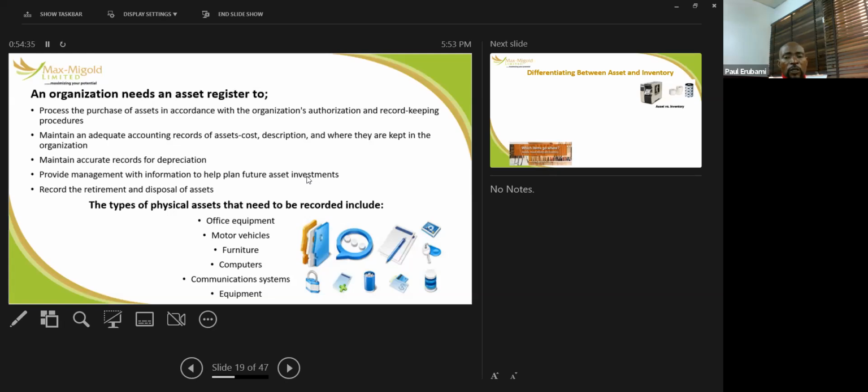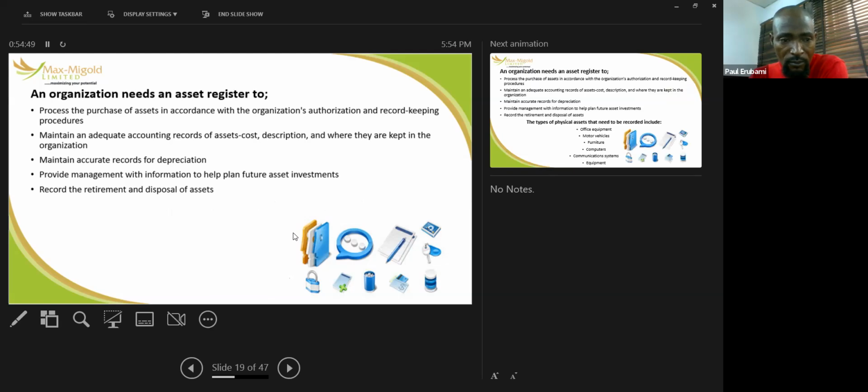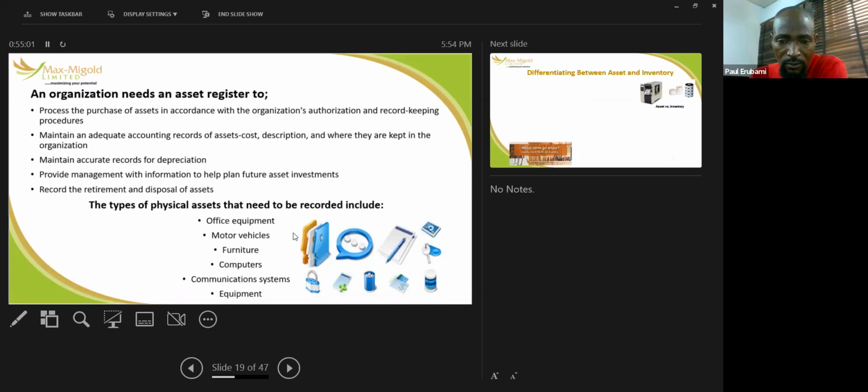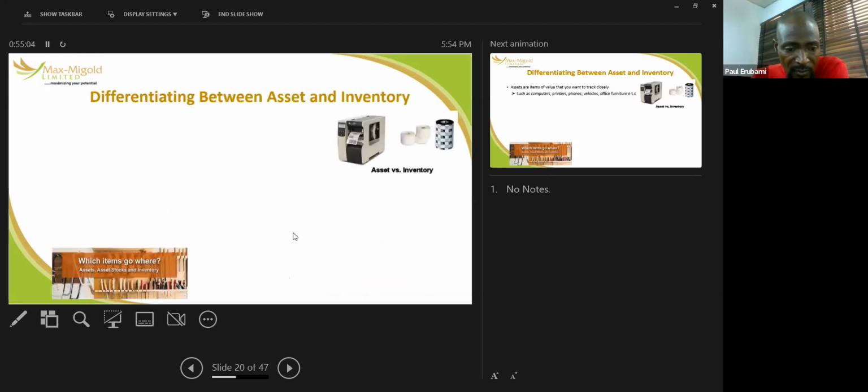So now, what is the difference between asset and inventory? Can I have somebody who has not introduced himself again to just give us a brief explanation of what he or she knows about assets and inventory? I want to believe somebody is raising a hand. Okay, in the absence of that,